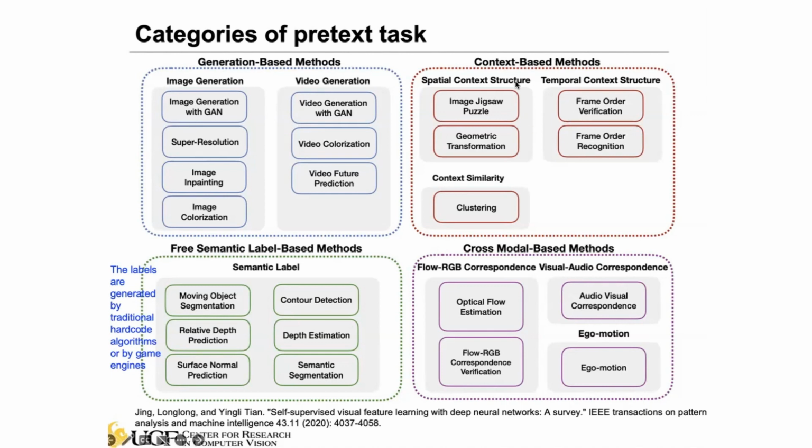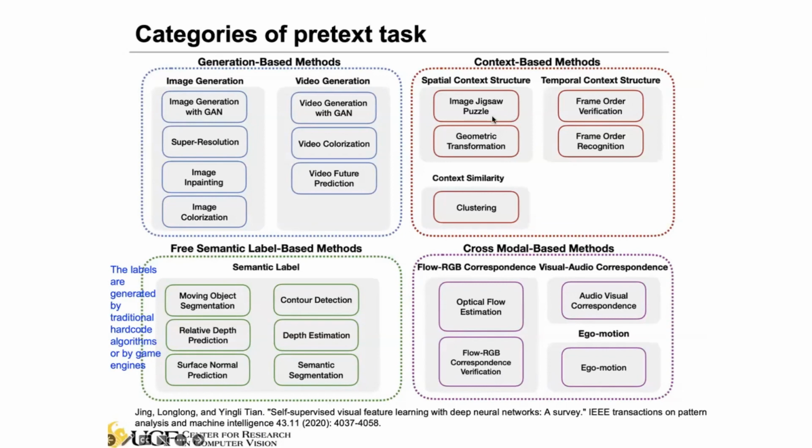And we'll also have the second category, the context-based methods. The idea is that we can use the spatial context of the data, in particular images. There are a couple of popular pretext tasks, for example the image jigsaw puzzle. We can divide the images into small pieces or patches to make a puzzle, shuffle these patches, and then reorder them into the right order, trying to get back to